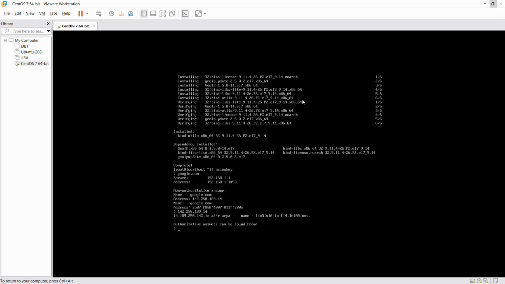The name it gives is something like 1AX31S16-IN-F14 dot something dot net. It is resolving that IP address to a particular name. This name can be a machine name in that cluster of google.com, so we never know if it is a machine name or a cluster name or whatever it is.